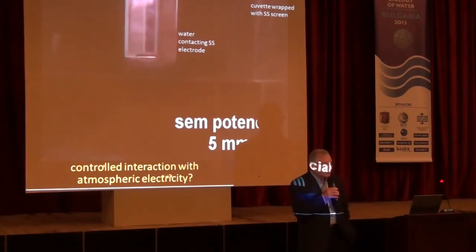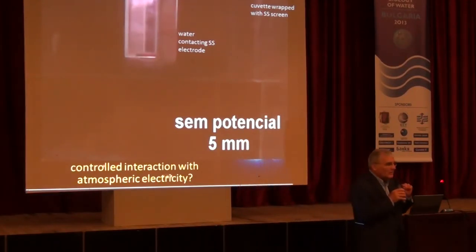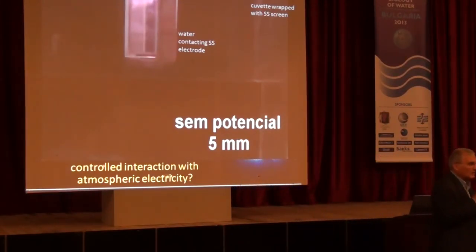If the metals are grounded, depending on the thickness of the oxide layer, you can still see a lot of potential gradients. You cannot go to very high potential, but I say very high is many volts. But I think the maximum that we observed is in the range of 1 volt.